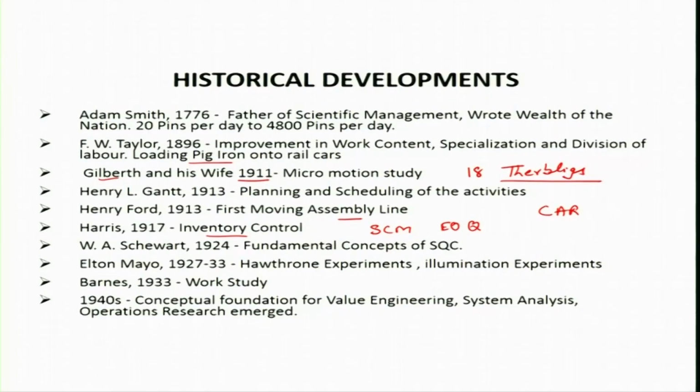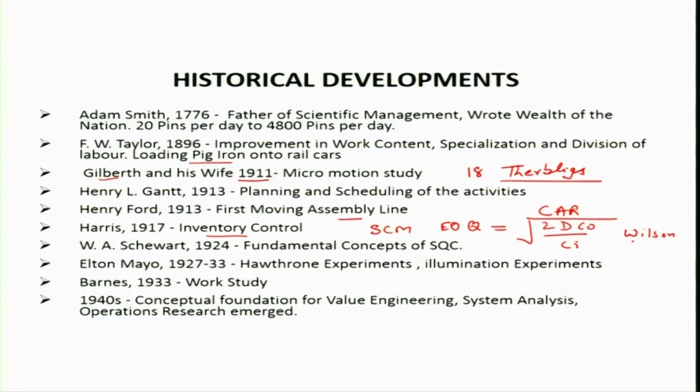That means how to reduce the total cost of keeping the material and procuring the material, that is called economic order quantity. In 1917, he developed this formula, which we will study in inventory, square root of 2DCo by Ci. This has become very popular as the Wilson formula. Wilson was a student of Harris,